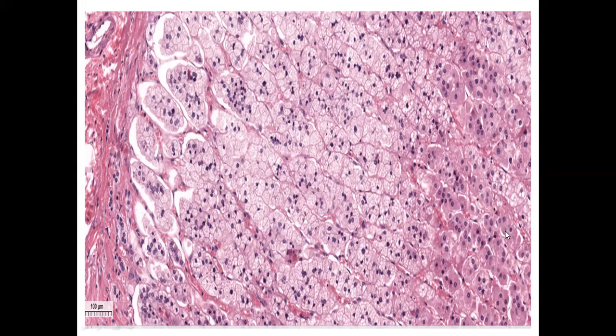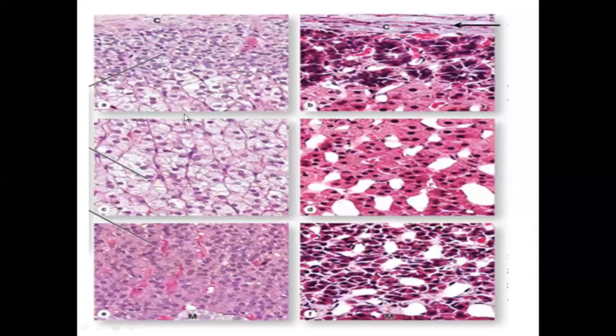but around the nucleus the cytoplasm is now very characteristically eosinophilic. So depending upon these features, this will be labeled as zona reticularis. This area will be represented as the fasciculata, and then the adjacent area to the capsule where the cells are arranged in rounded clusters is zona glomerulosa.